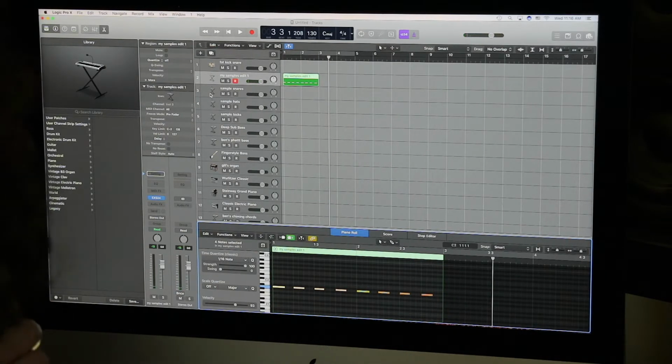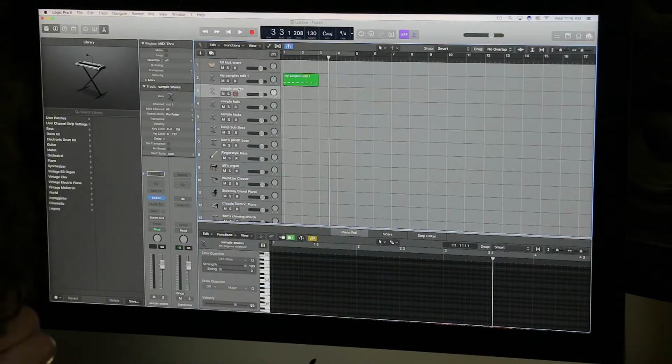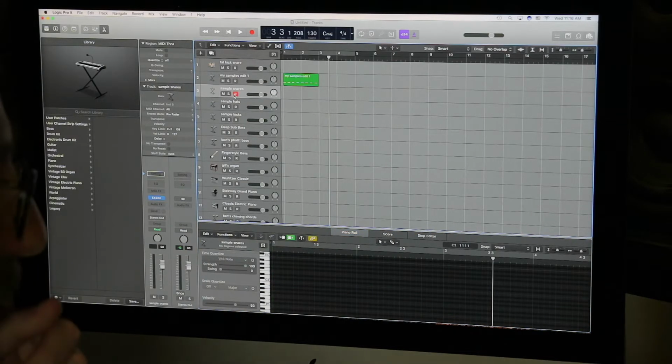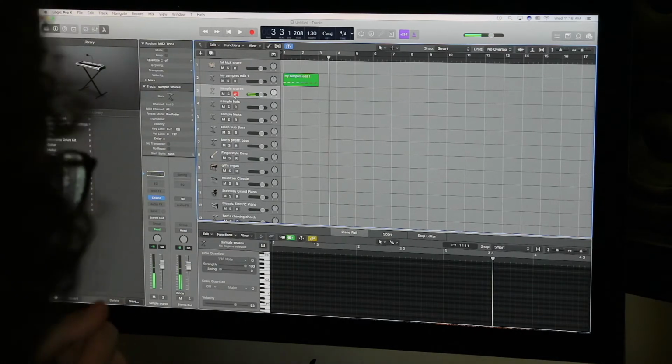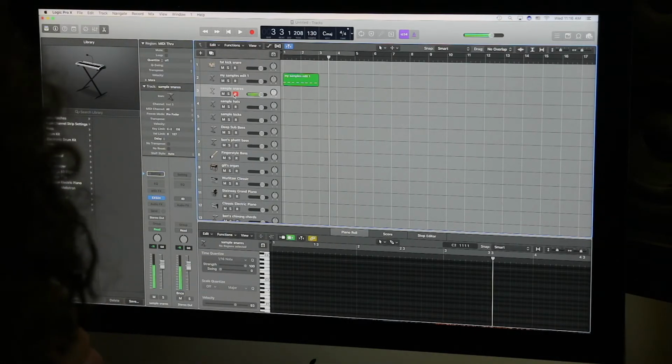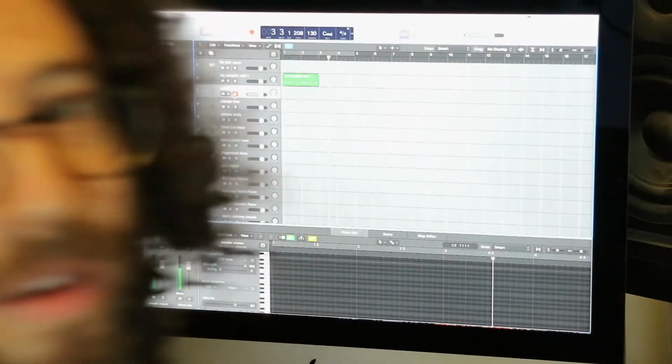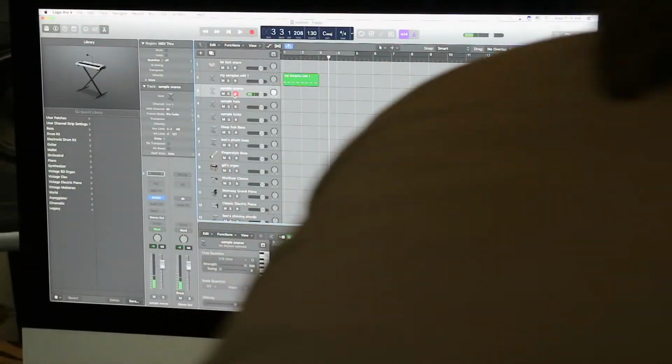So let's get a snare for this. We're just gonna build a groove. We're gonna start with a groove. Got all kinds of samples. I got in your way. Here, I'm gonna move to the other side where I have my keyboard.